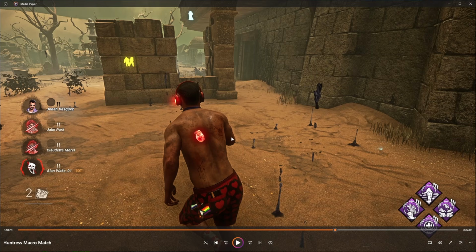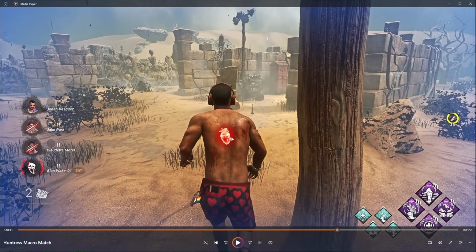If we were going against a Huntress who was more deliberate and patient with her hatchet throws, this exact situation becomes a lot more risky. But again, that's what I love about macro. You're able to pull information from all sorts of sources and use that to help you formulate a plan in the moment. My ultimate goal when I started this chase was to either buy enough time for Jake to run in